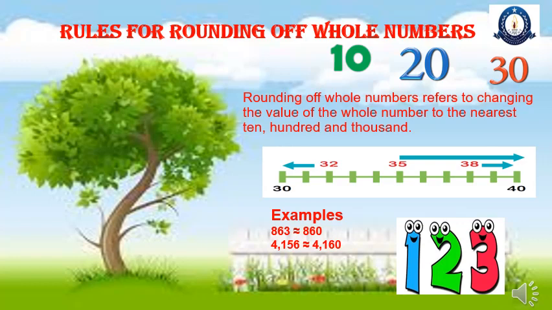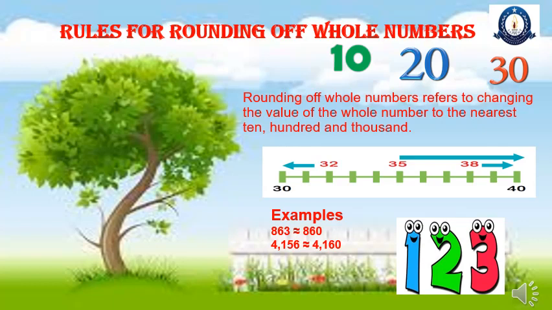Now here you need to recall that rounding poem and two families. Which number is on the tens place? 3. What is the next number after 3? 2. 2 belongs to which family? Up family or same family? Just recall it. 2 belongs to the same family. So 3 will remain the same and in place of 2 we will add 0. It will be 30. When we round off 32 to the nearest 10, the answer will be 30.